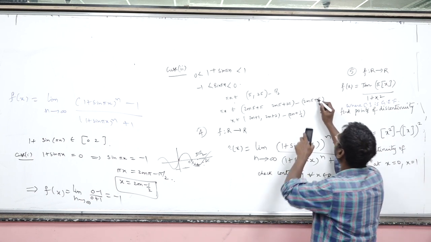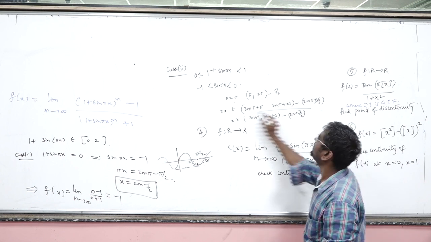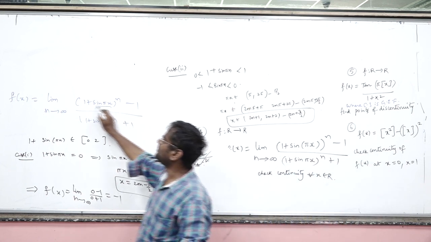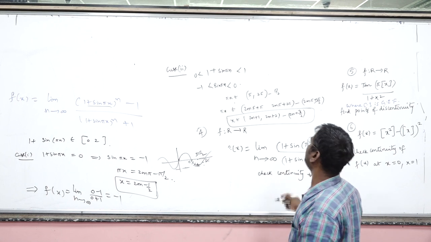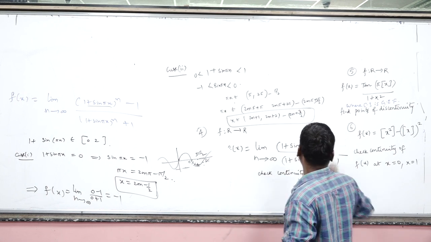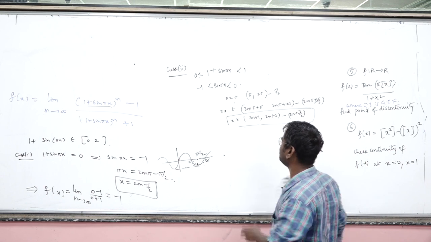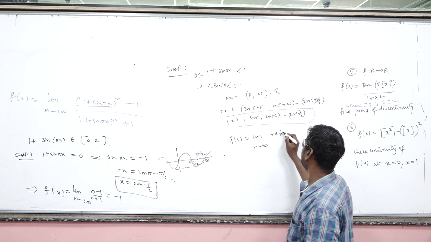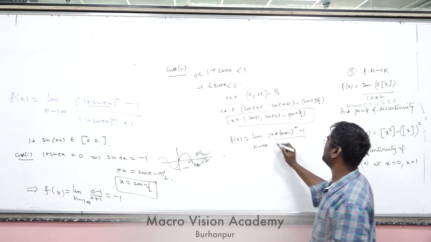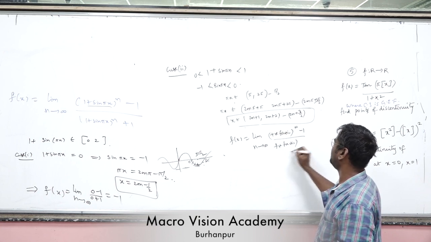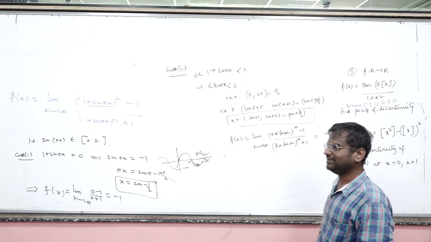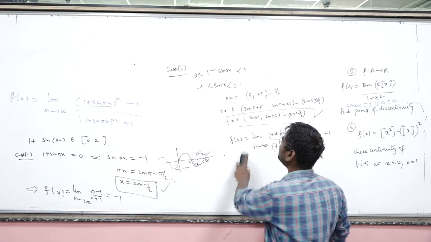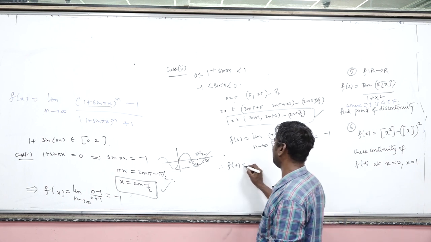Pi, so this is 3 by 2, sorry, so 3 by 2. Okay, so you take this particular interval. In this interval, what is happening? The base lies between 0 to 1, a positive fraction, and then you apply the limit. In this case, what is happening? Now f of x is equal to limit n tends to infinity, (positive fraction power infinity) minus 1 by (positive fraction power infinity) plus 1. That is again equal to minus 1. Therefore, in this case as well as in this case, f of x is simply minus 1. Therefore, f of x equal to minus 1.